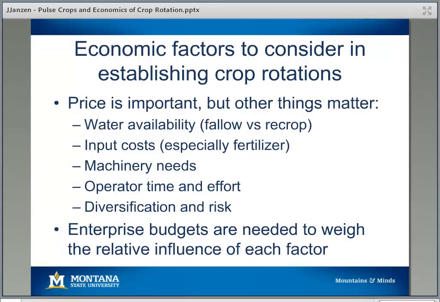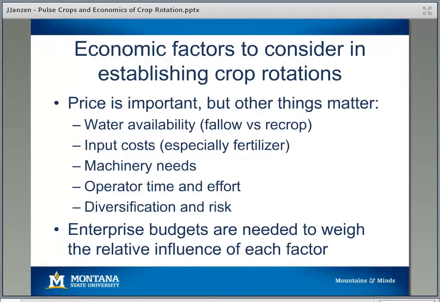There's going to be some benefits and costs in terms of operator time and effort. One of the benefits of pulse crops is that we're not necessarily planting or harvesting them at the same time as wheat, so we can spread out our time and effort across a wider window. That's a benefit, but at the same time, there's a cost to growing more crops, so doing different things, and taking the time and effort to learn how to grow these